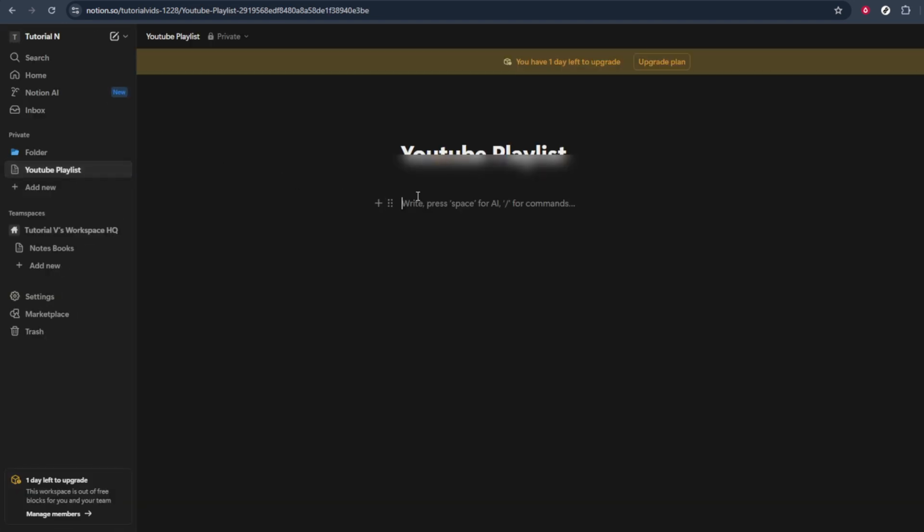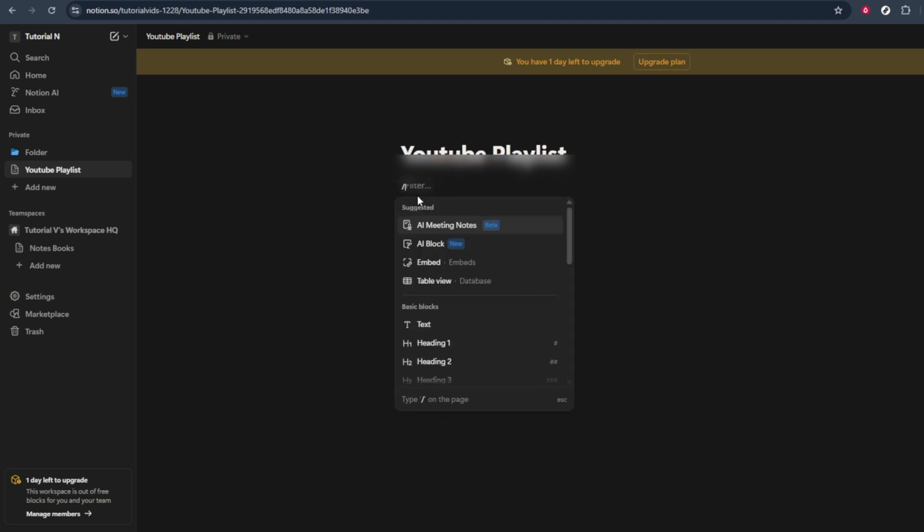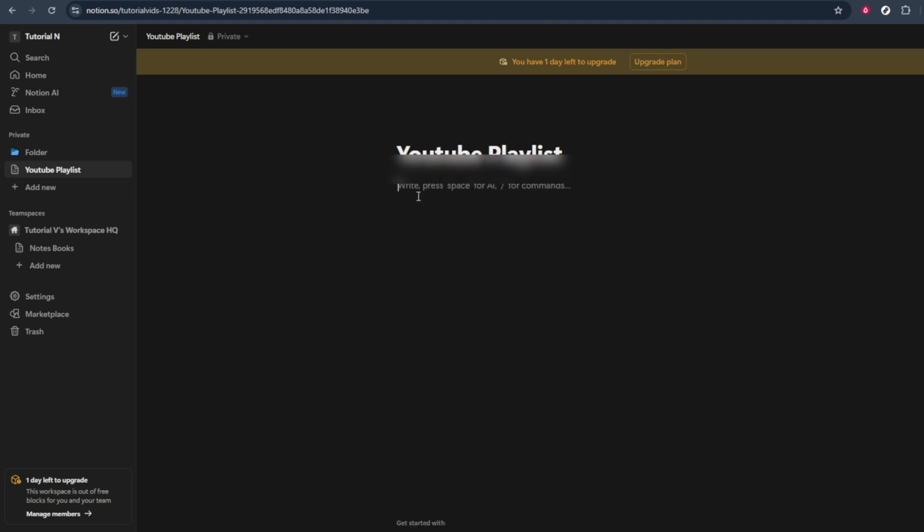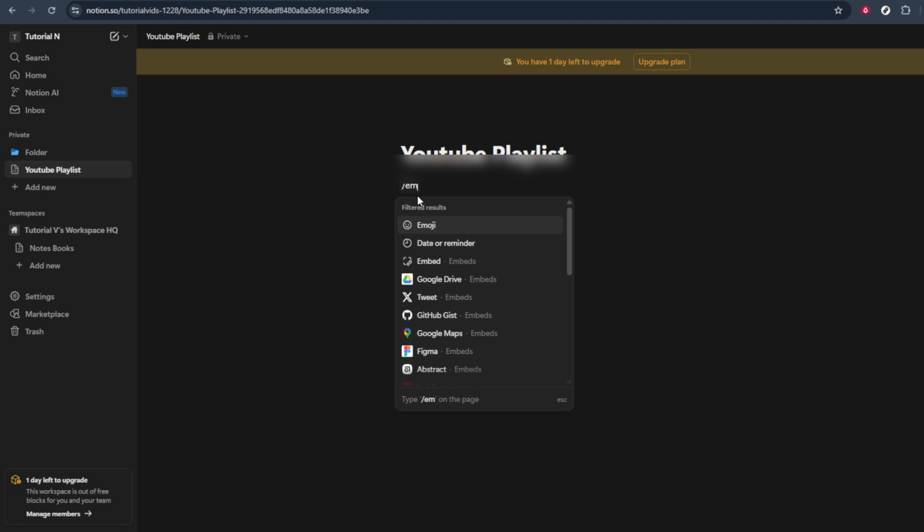Next, we need to access the page where you'd like to embed your YouTube playlist. Navigate to the left-hand sidebar and click on the page in which you want to insert this playlist. If you haven't created a page for this specific use yet, simply start a new one. Insider tip: naming your pages clearly can really help with keeping everything organized. Once you're on the selected page,